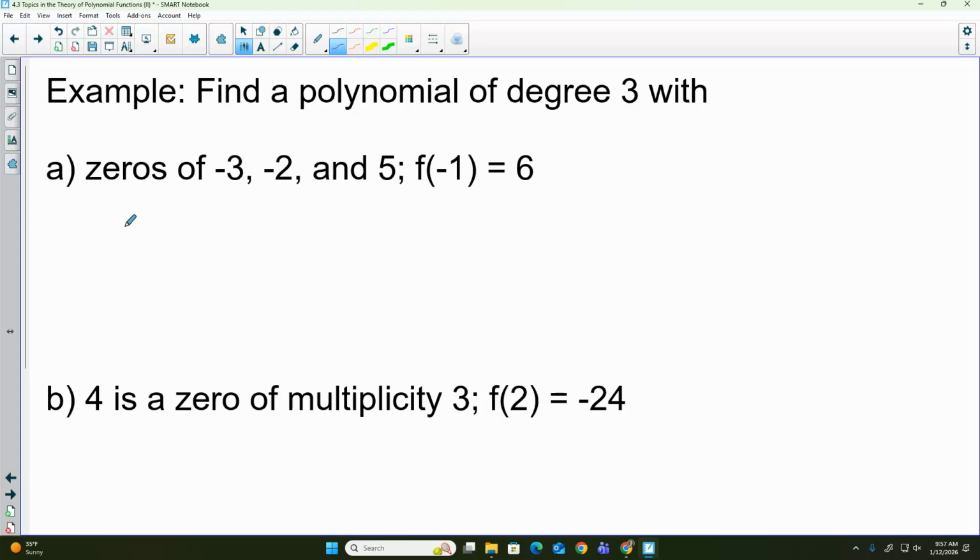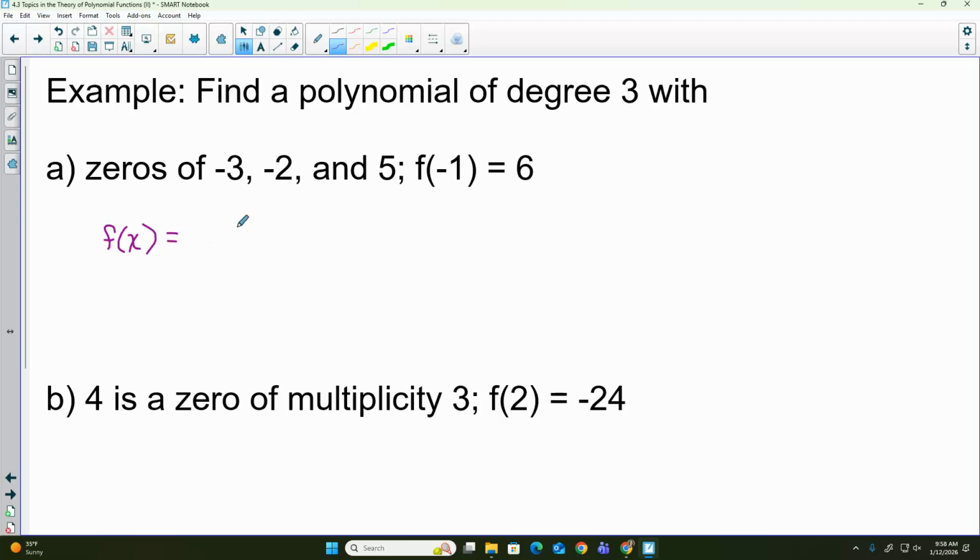First one, the zeros are -3, -2, and 5. If it's degree 3, we should have 3 zeros, and I gave you all 3 of them. None of them are imaginary, so I don't have to add anything else to the list. So if I'm writing my polynomial,